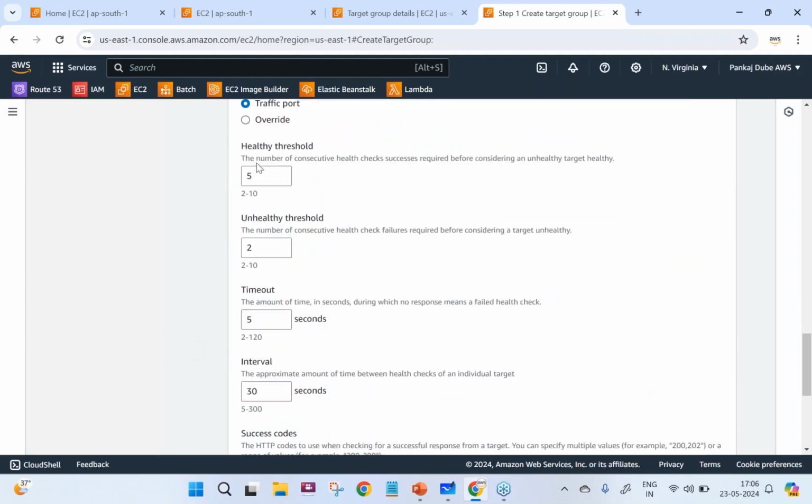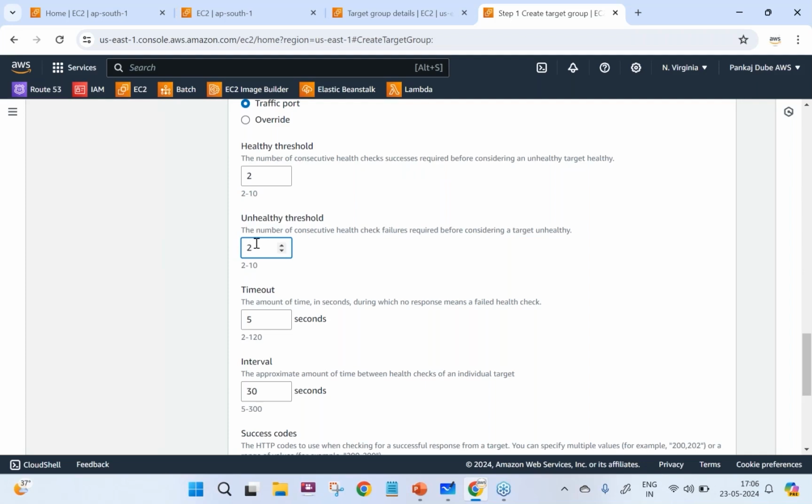Next is healthy threshold: the number of consecutive health checks required before considering an instance healthy. The load balancer is going to do a health check of the EC2 instances, and if I specify 2 here, once the load balancer has completed 2 successful health checks, it will declare that EC2 instance as healthy. What is the unhealthy threshold?